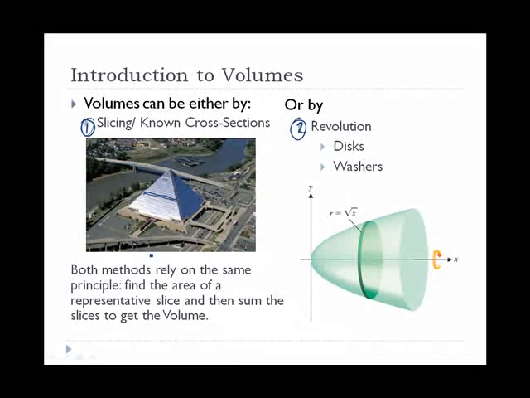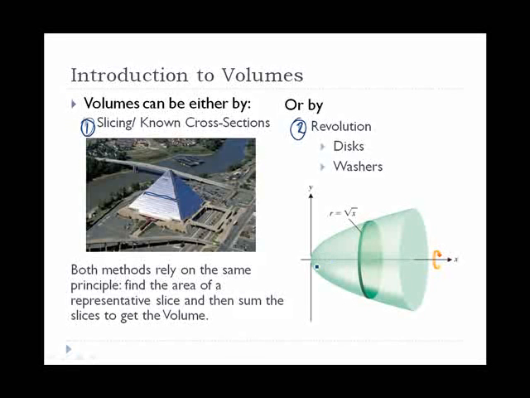So with known cross-sections, all we have to do is figure out what the area of this representative cross-section is, or what a formula for the area is if that area is changing, and then we can sum those from the top to the bottom, or the bottom to the top, or from the left to the right. With volumes of revolution, you have some kind of region that's being revolved around an axis,